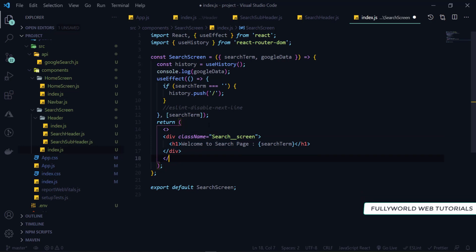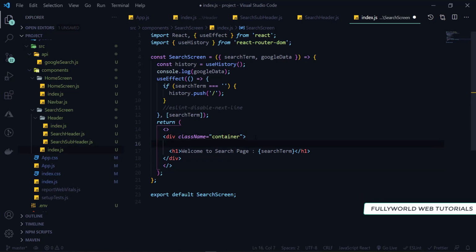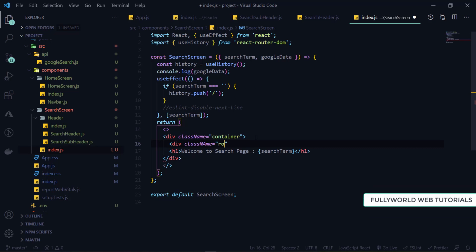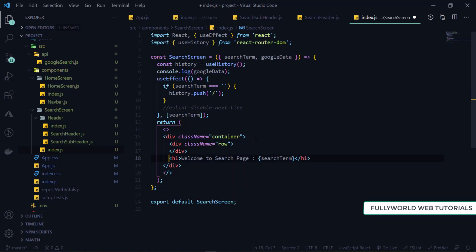I will write md container. Here the container will be there, and then there will be our row, and then there will be col-md-12.